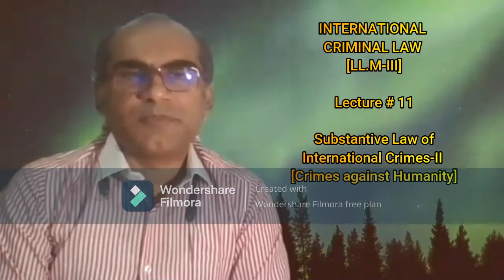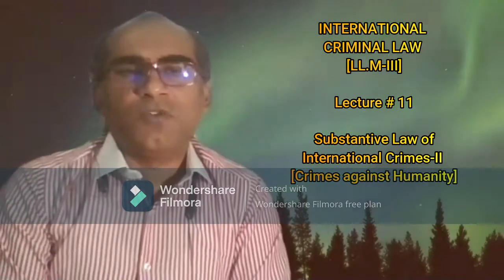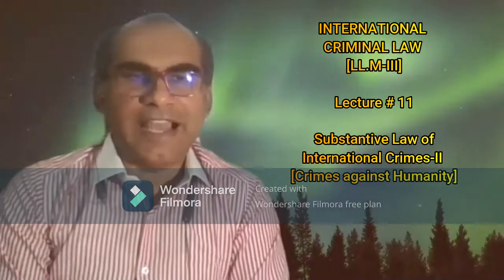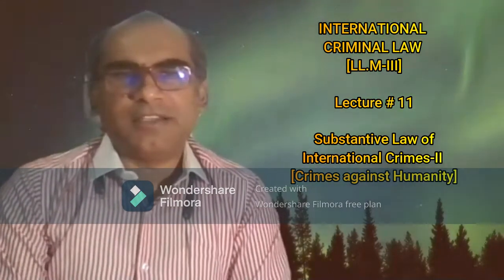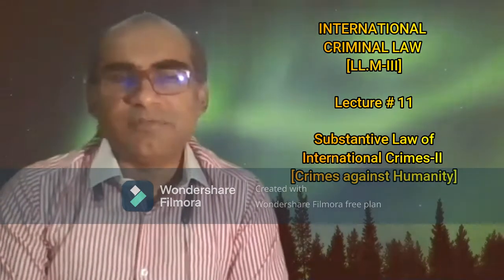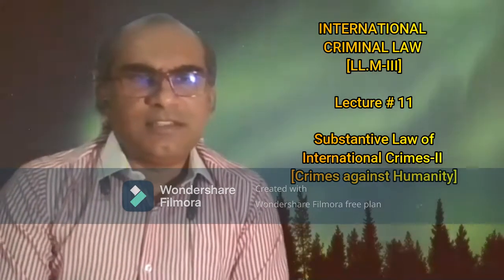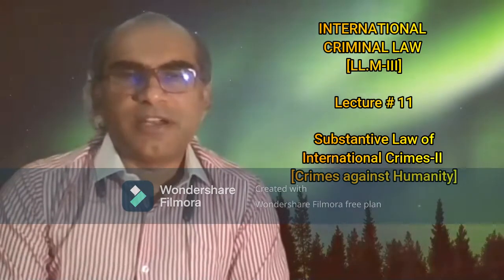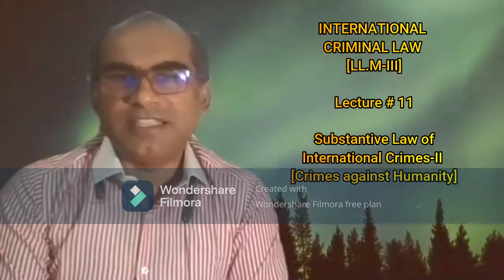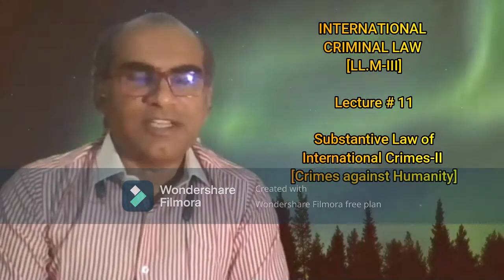The first element which is defined in Article 7: for the purpose of this statute, crime against humanity means any of the following acts when committed as part of a widespread or systematic attack directed against any civilian population, with knowledge of the attack: murder, enslavement, deportation or forcible transfer of population, imprisonment or other severe deprivation of physical liberty in violation of fundamental rules of international law, torture,